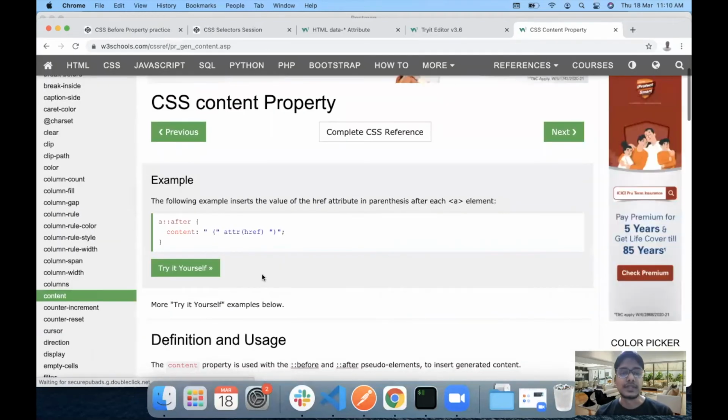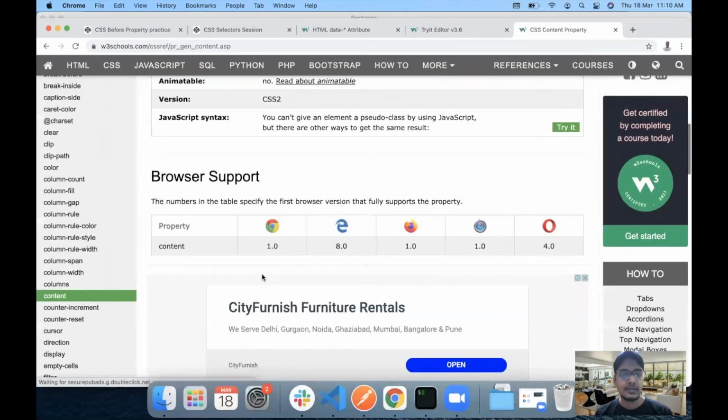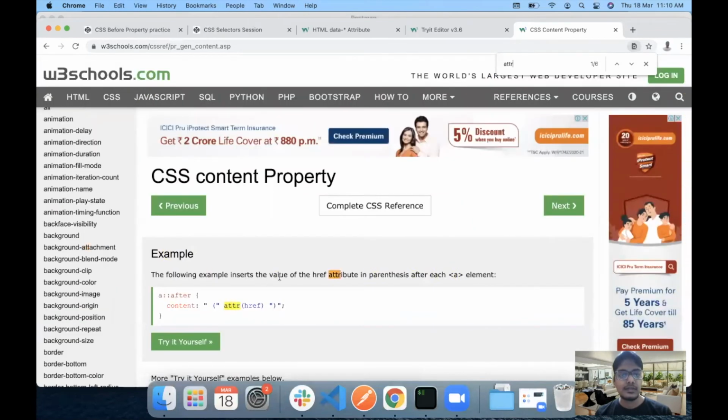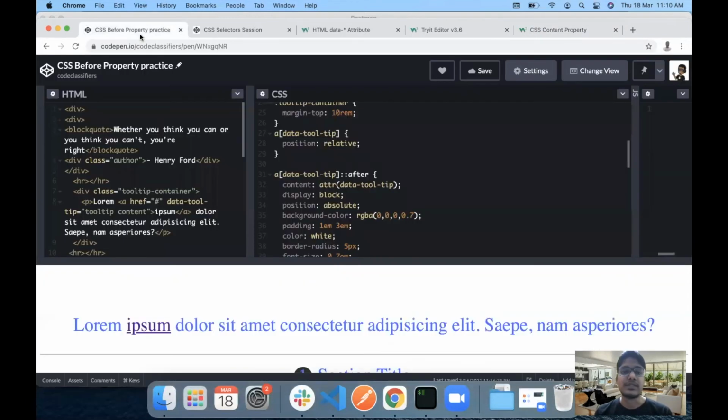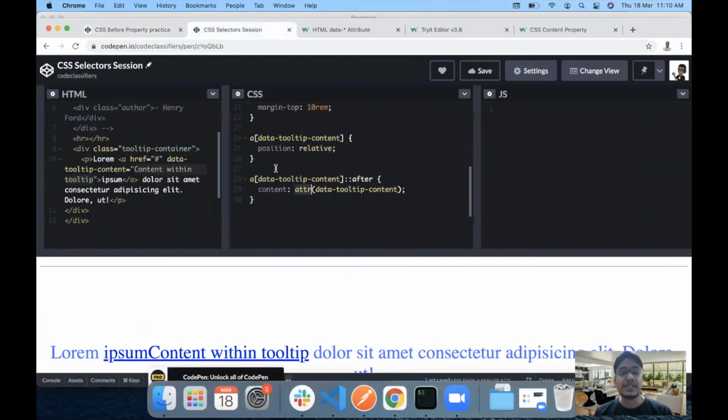Okay, we use this one. So attr is basically picking up the data which is present in a particular attribute, in our case, the data which is present in the data-tooltip attribute.